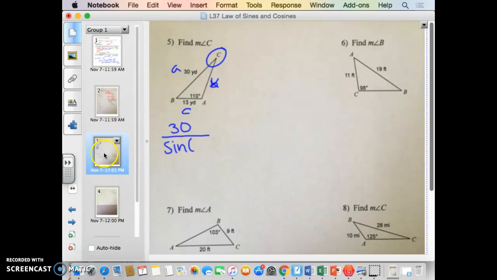All right, so I'm going to use 30 over sine 110. That's little a over big A. And then little c is 13 over sine big C, right? So again, I'm going to cross multiply these, divide by this, okay? And then you're going to have to hit second sine to figure out what it is. So it's going to be sine 110, close your parentheses, times 13 equals 12.21. I'm going to divide that by 30, and you should get sine